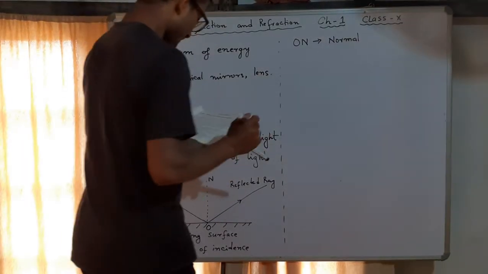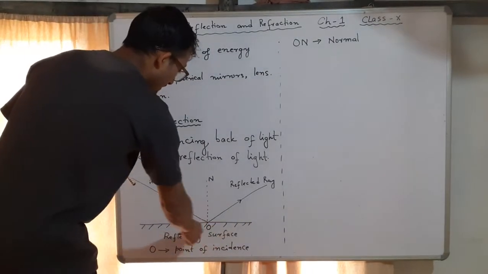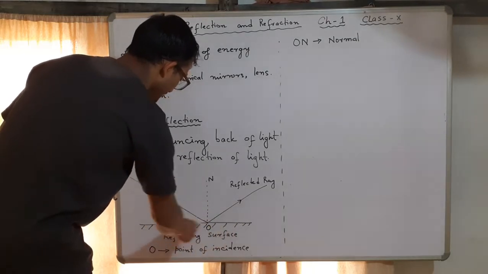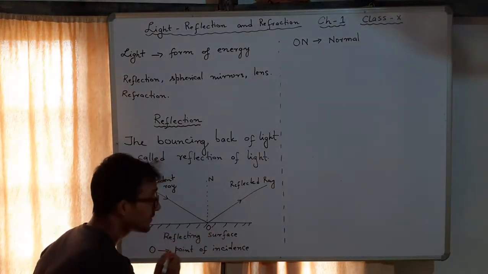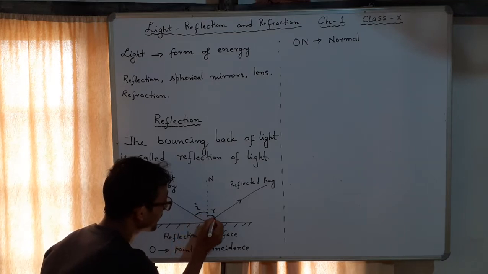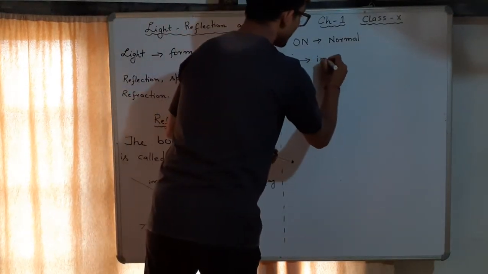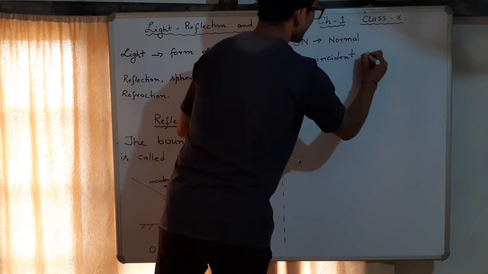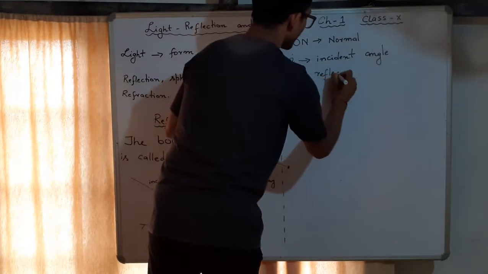Now the reflected ray is there. The reflecting surface is usually a mirror, as I told you. The incident ray of light is coming and reflecting here. Now why is this normal important? The normal has some work. When we measure the angle, this is i, this is r, with values like 20 degrees, 30 degrees, 40 degrees. What is i? Small letter i is the incident angle. r is the reflected angle, or reflecting angle.